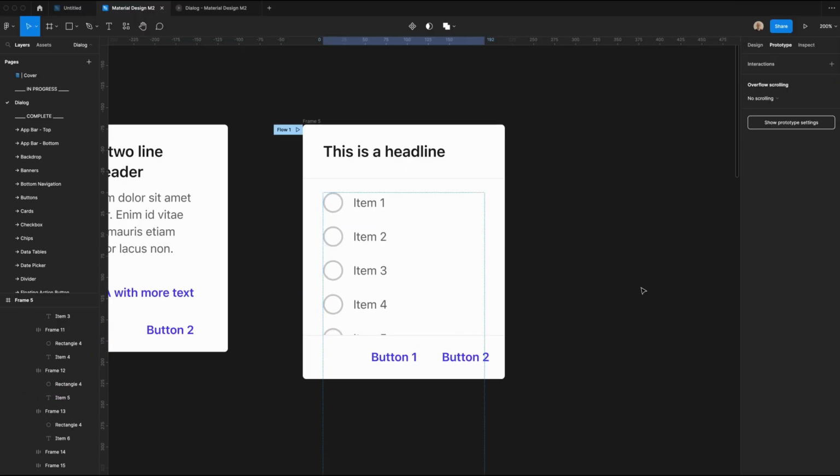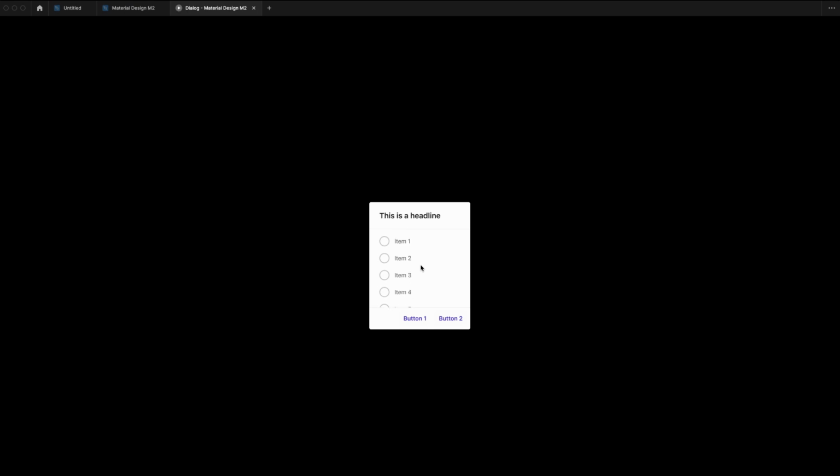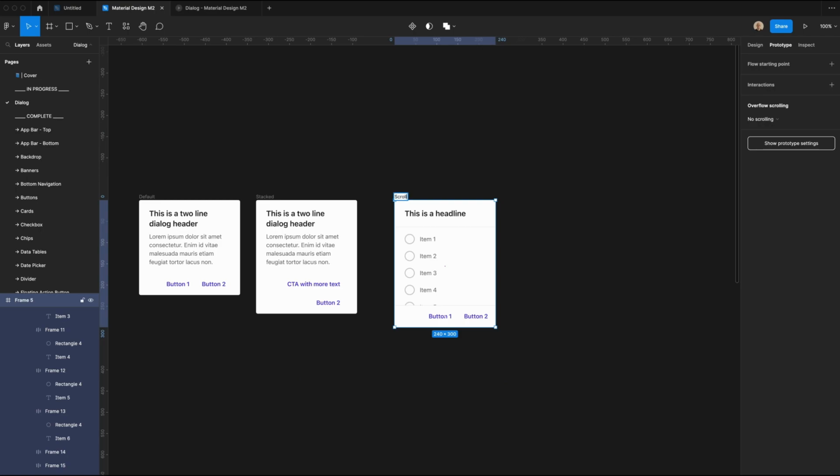I'm going to duplicate this a few more times, and now if I click on this frame and hit flow starting point, and then I play my prototype, you can see that I can scroll and the items are shown, but they don't overlap with the top or bottom bars. That looks good. Let's remove this flow starting point, and then I'm going to call this scrolling,